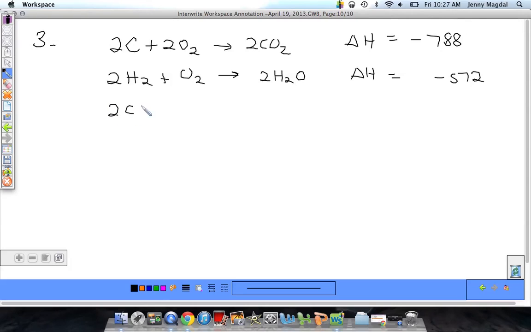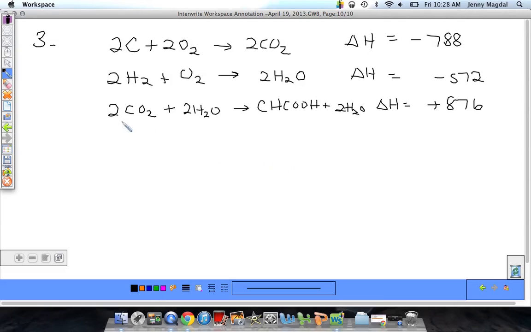So I'm going to have 2CO2 plus my 2H2O forming my CH3COOH plus 2O2. My delta H is no longer a negative 876, it is now a positive 876. And I want to double check to see if I can get to my target equation, so I look